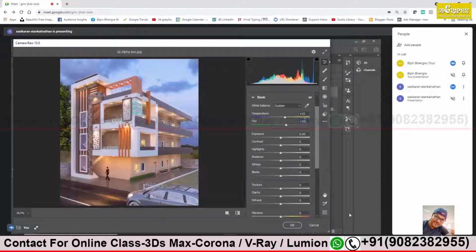Otherwise, if you want your render scene to be more interesting and nice, a little different from what we usually see, then you can experiment with the tint color. That is optional. I usually take tint around 5%. So just take it 5%, not very much, to make it a little interesting.